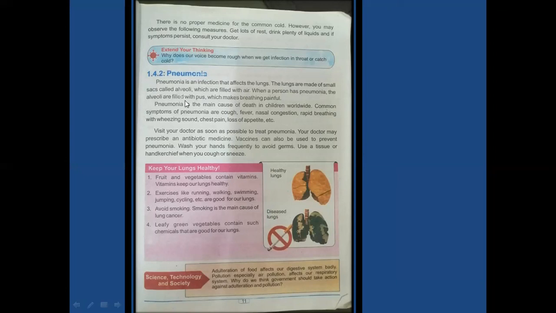The alveoli are filled with pus, which makes breathing painful. And pneumonia is the main cause of death in children worldwide. Common symptoms of pneumonia are cough, fever, nasal congestion, rapid breathing, and then during that breathing, a high-pitched sound is produced by our chest, and that is called wheezing sound. Chest pain, loss of appetite. Loss of appetite means that the patient will not feel hunger, or he or she will not want to eat